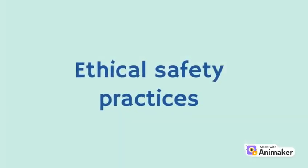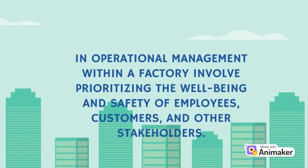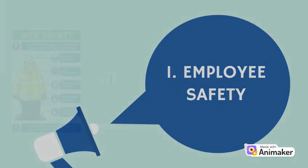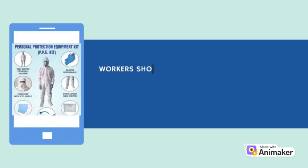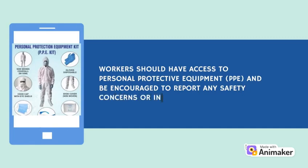Ethical safety practices in operational management within a factory involve prioritizing the well-being and safety of employees, customers, and other stakeholders. 1. Employee safety. Ethical operation management entails ensuring a safe working environment for employees. This includes implementing and enforcing safety protocols, providing proper training on equipment handling and emergency procedures, and regularly inspecting and maintaining machinery and facilities. Workers should have access to personal protective equipment, PPE, and be encouraged to report any safety